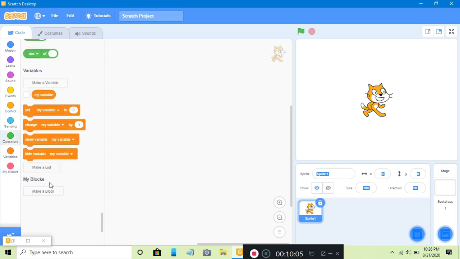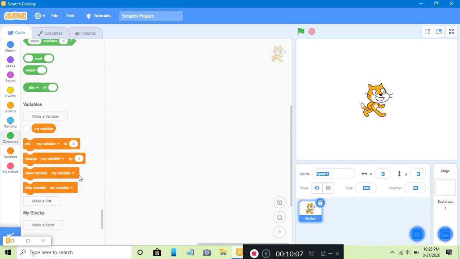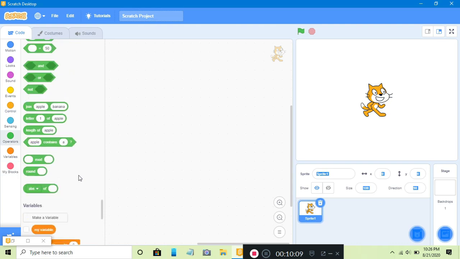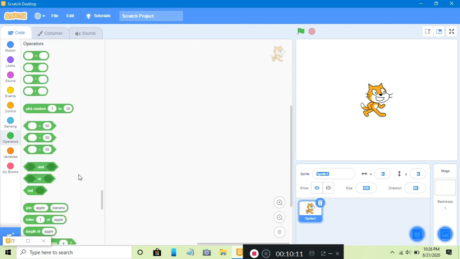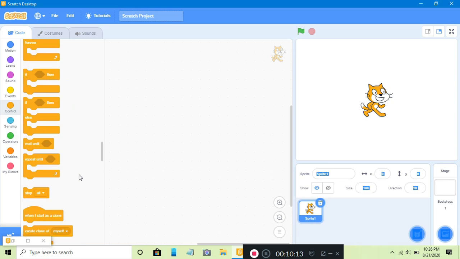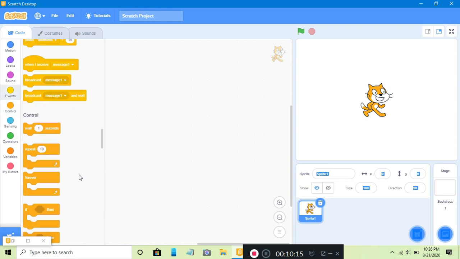Now first is sprite. Now we will learn the second terminology. It is script. Now what is a script? Every sprite can have its own piece of code which we call a script.